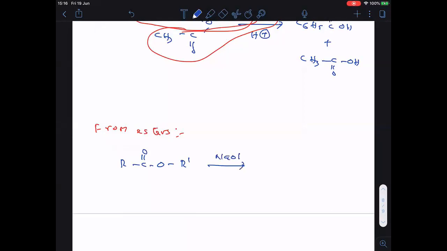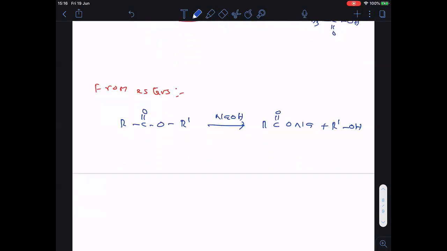First of all, when the ester is treated with bases, what happened here? RCOONa is formed plus R'OH. Clear everyone? Now this RCOONa, when it undergoes hydrolysis,